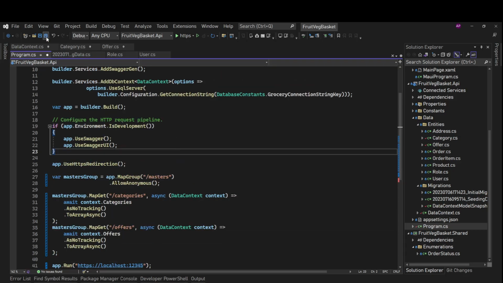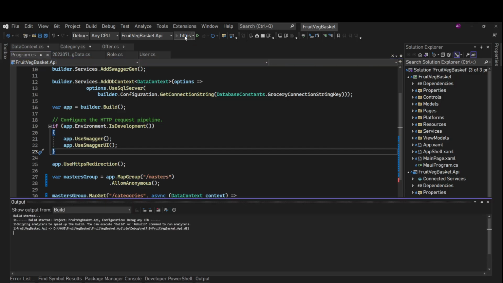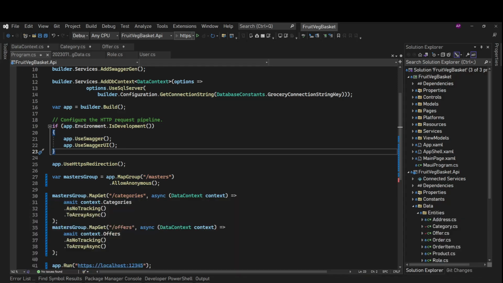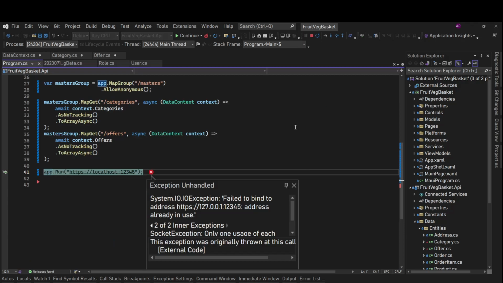Fine, this should work. Let's try if we can access this. So API HTTPS, fine, let's run. It fails to bind to address, already in use. Okay.